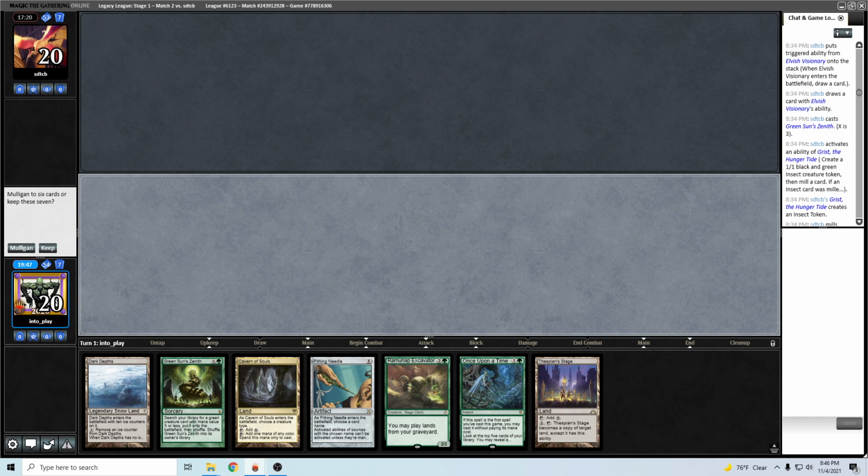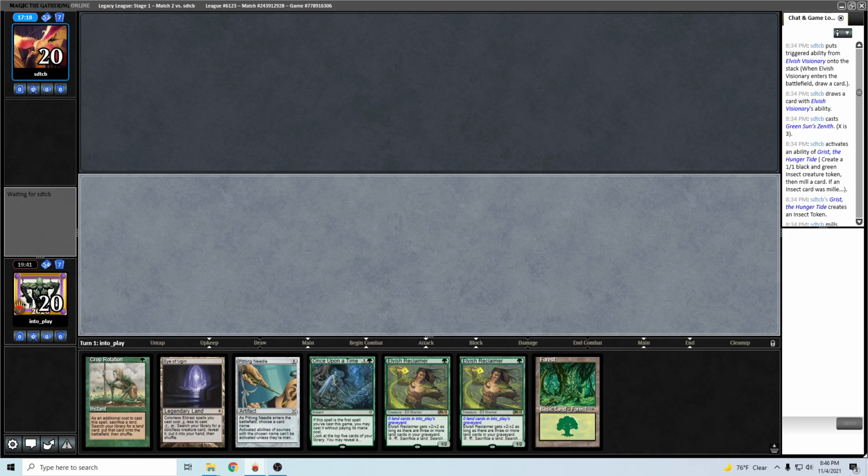No, I don't think this is good enough. You could find a green source, Reclaimer turn 2, but I think there's better hands. Sure, try this. Let's put back